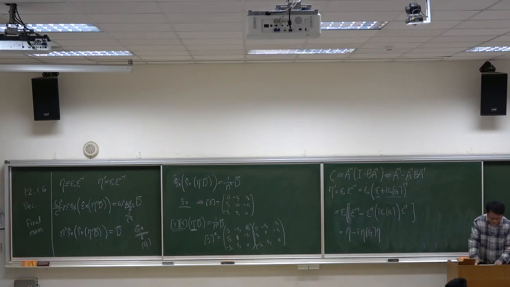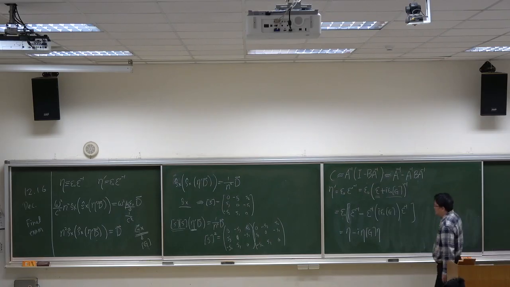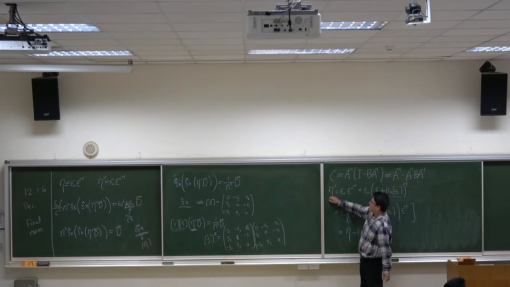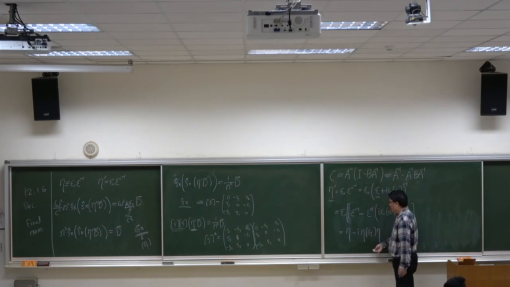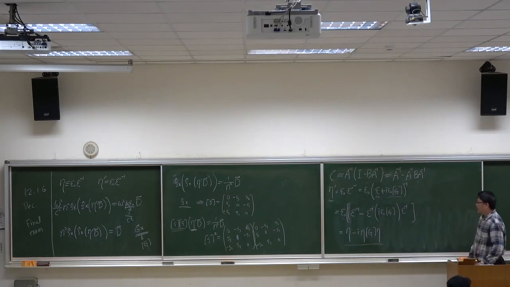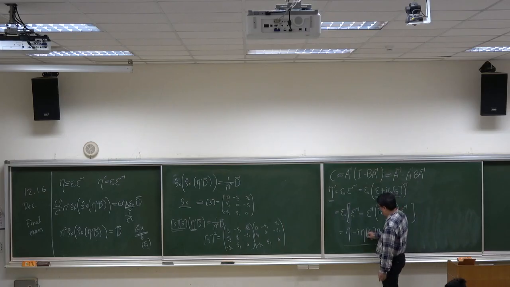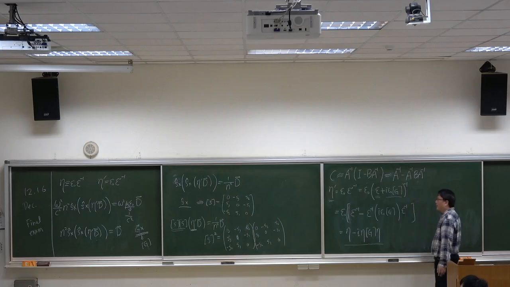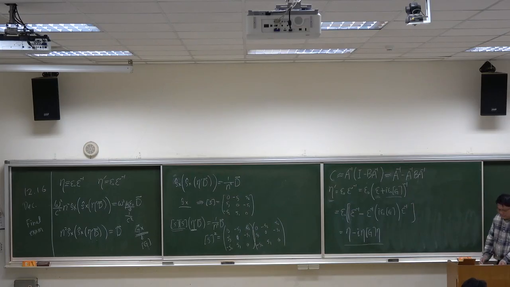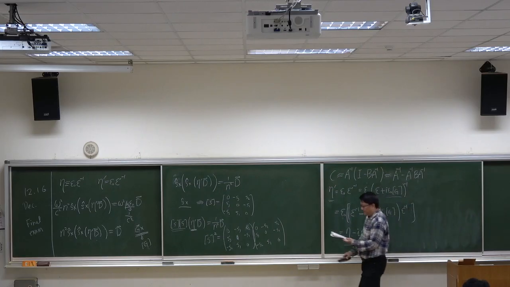OK。好，所以我们就把 epsilon prime 的近似式写出来了嘛。So now epsilon prime can be approximated by this expression, eta minus I eta G eta. OK， 好，这就是我们所找到的近似表达式。好，那这个近似表达式呢，我们就可以拿来用了。好，我们现在就拿来用，是吧？